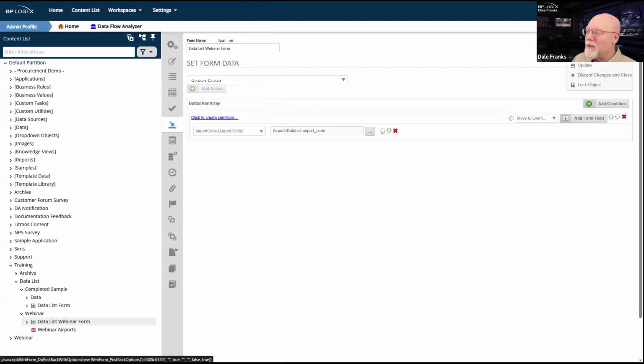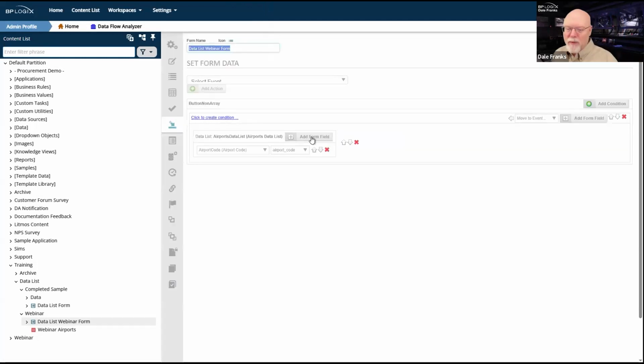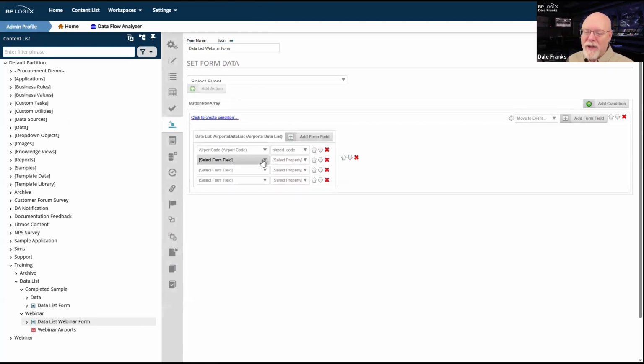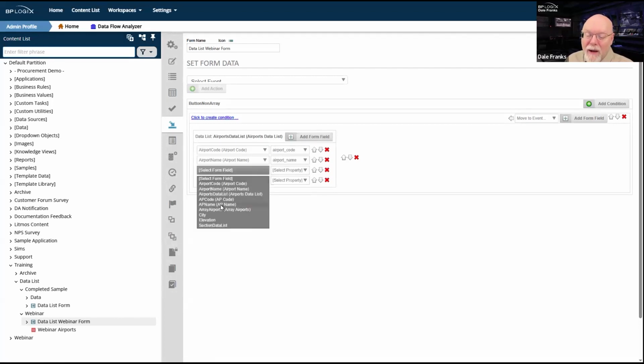And like a business value, I'm going to go ahead and update because it's going to create a little group for my data list so that I can add my other form fields here. I have 4 of them. Okay, well, this is how it's supposed to work. So we're happy. Airport name, and we'll set that to airport name. What did I pick?